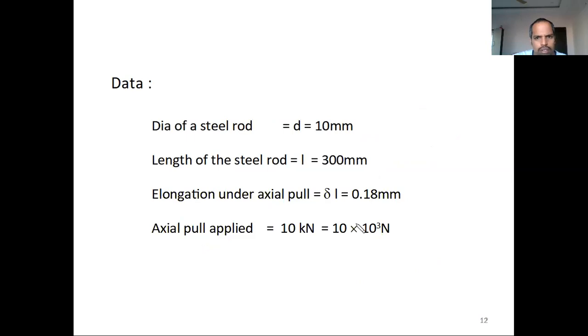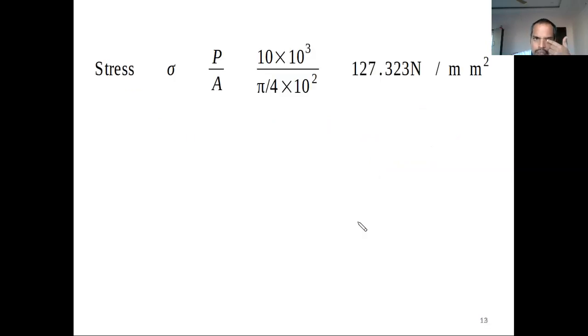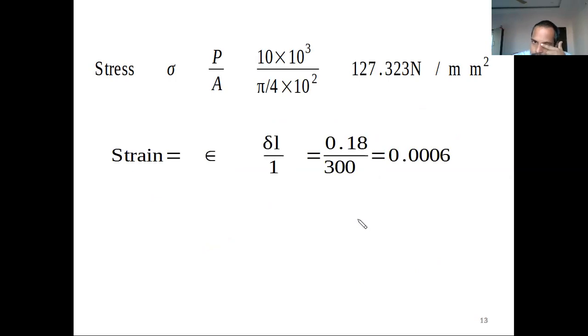Right. So this is given, and stress is equal to load by area, strain is equal to delta L by L. In a different way than I have told you, it is given another way here. Nothing else, all are correct, but the terms are calculated in a different way. Here he has calculated stress and strain. Young's modulus is equal to what? Stress by strain. The same thing here also.